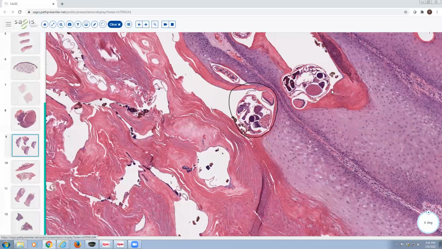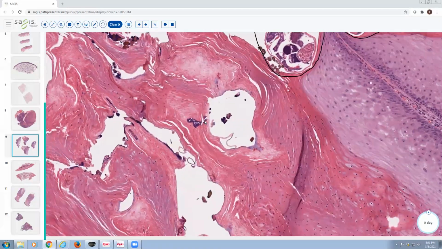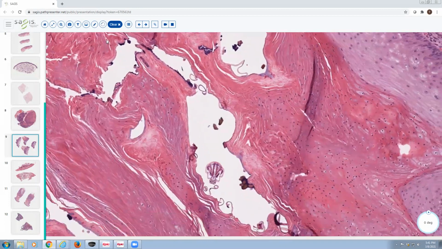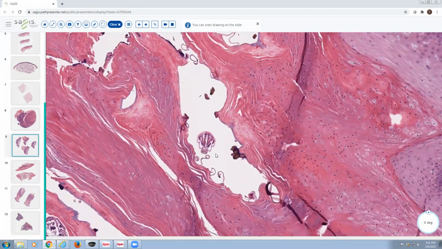So normally in scabies, you might find one mite in the cornified layer. Here we've got two just within that little field of view. And then you'll see what are called pigtail structures. So pigtails are these little curly pink spirals, and they represent fragments of eggshell that have kind of coiled, and